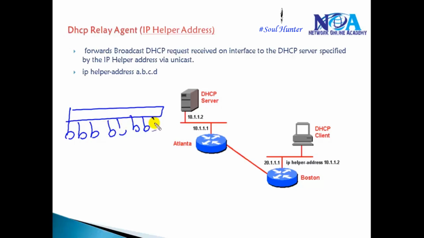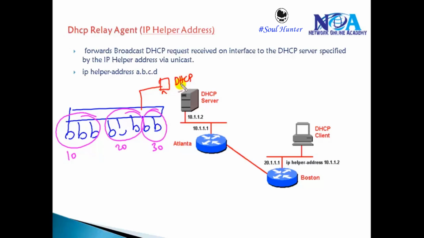This is my LAN, and in this LAN we have some virtual LANs also. We are dividing them into VLANs: VLAN 10, VLAN 20 and VLAN 30. And maybe you have a DHCP server, and the DHCP server is on VLAN 30. Now if these users are in VLAN 30, the DHCP server will be able to communicate within VLAN 30, right? Because the client will send the broadcast and the broadcast will be restricted only within the